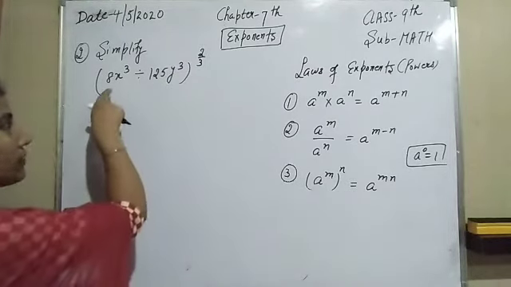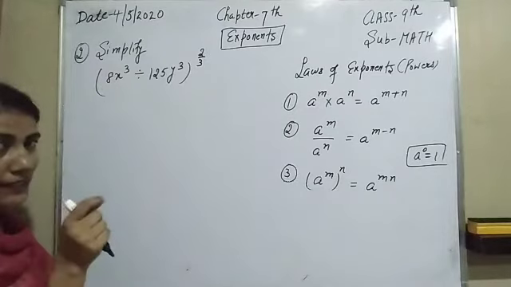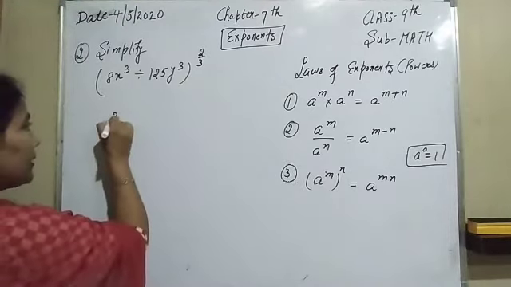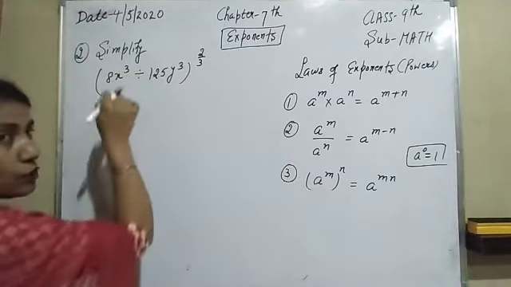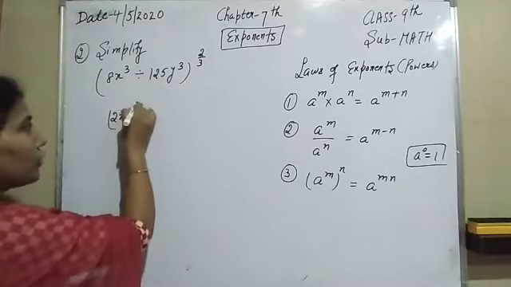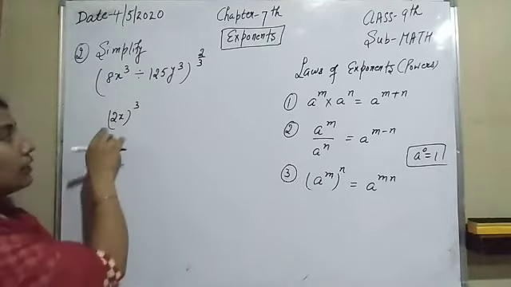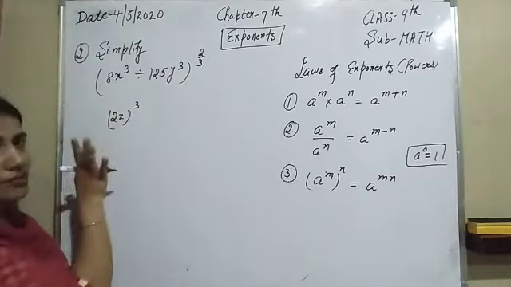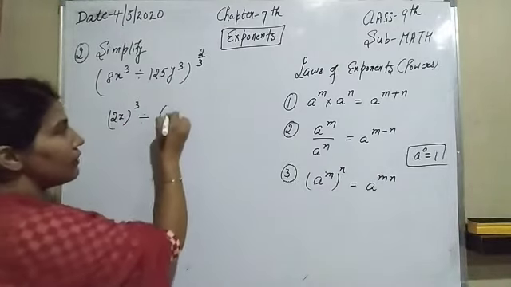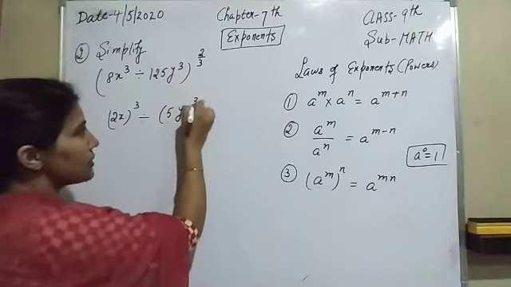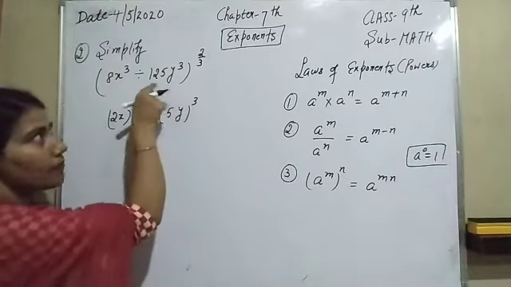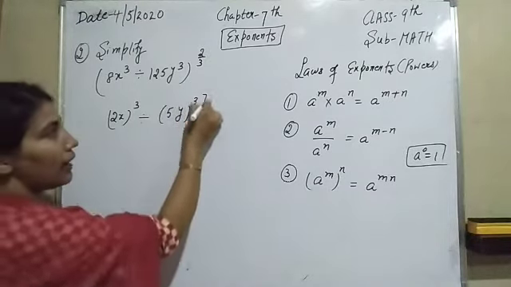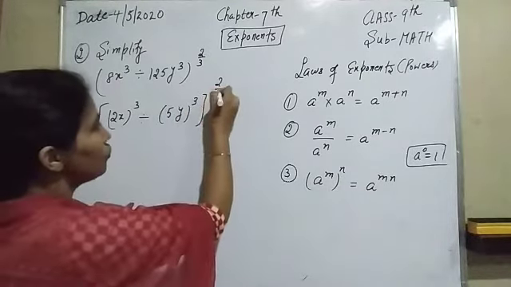Now again, by prime factorization, the prime factorization of 8 is 2 multiply 2 multiply 2, that means 2 raised to power 3. So it can be written as 2 raised to power 3, and x also raised to power 3, so we can write it as 2x whole cube, because 2 cube is 8 and x cube is x cube. In the similar way, 125 can be written as 5y whole cube, because 5 cube is 125, 5 multiply 5 multiply 5, and y cube is y cube, and its whole power is 2 by 3.